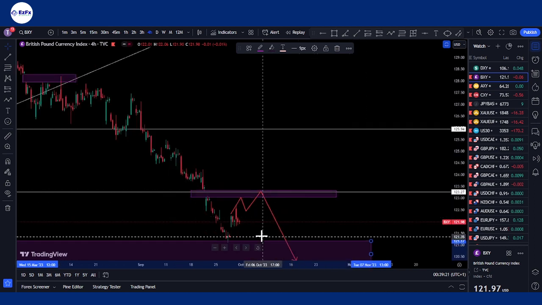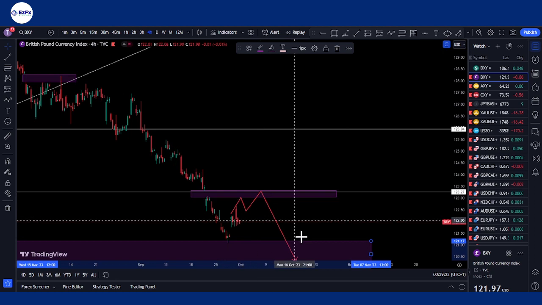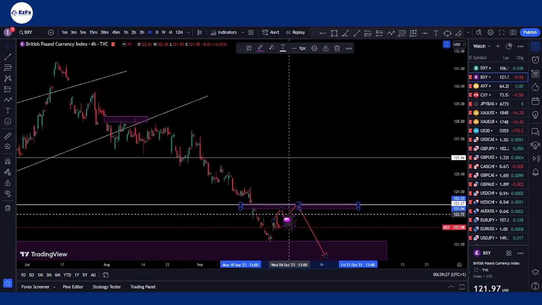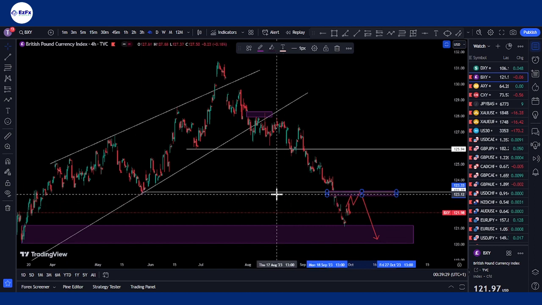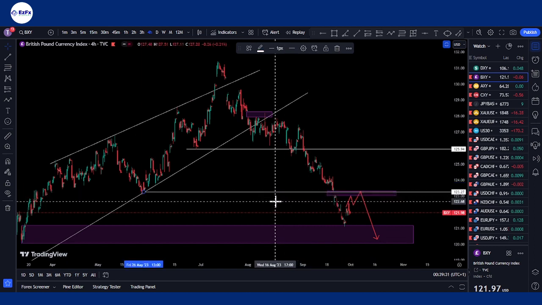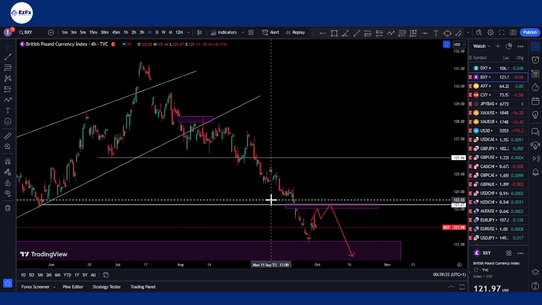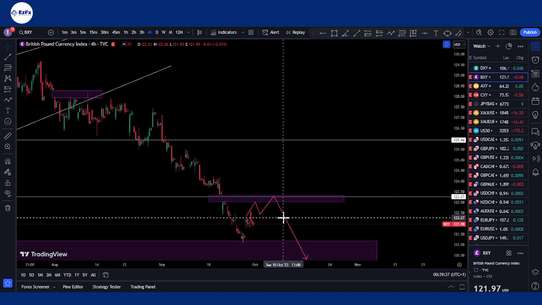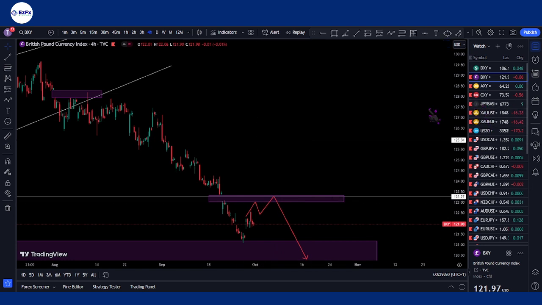But during the early days of this week, we might just see a short buy to sell on BXY just to come up into this gap, to fill up this gap here. And you see that this gap is also aligning with the previous support on BXY. So it's very likely that support will have turned to a resistance, and then we just have that rejection from that side towards the downside. So it's either we have that buy to sell, or we just have that straight sell off on BXY. In any of those cases, our bias for BXY this week would still be bearish. So I hope that is clear.